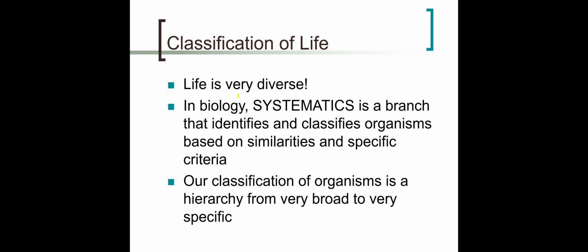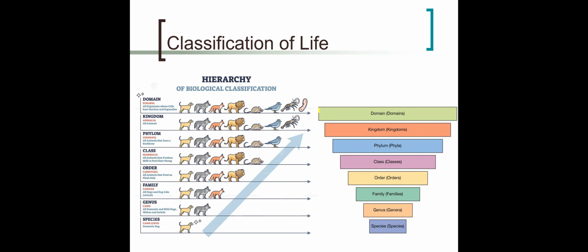Now, there's a big branch of science known as systematics. A lot of this involves studying things like DNA sequences and looking for similarities among organisms. And so this is how we classify our organisms that we have on planet Earth. And so our organization is a hierarchy. Once again, kind of like the